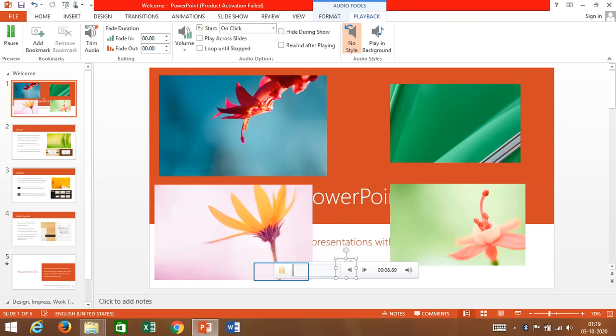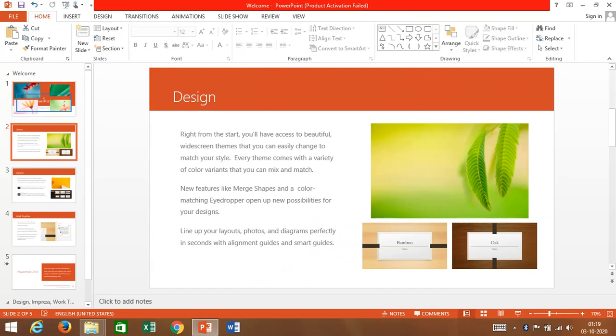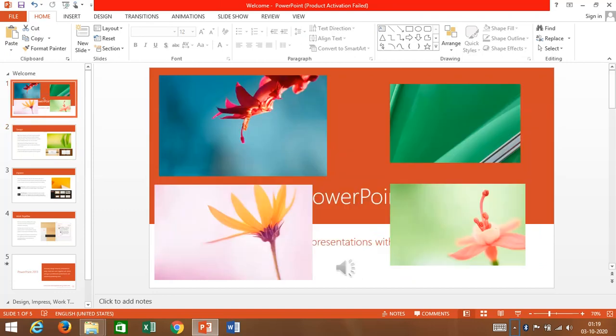Same way we can go on putting different audio clips in different slides. It all depends on us. Now this is one way of inserting audio clips into different PowerPoint slides.